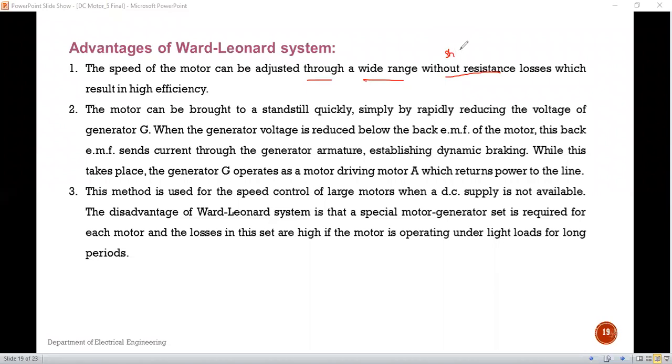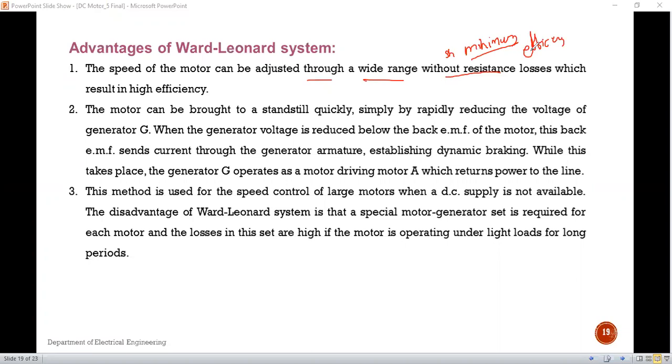So if the shunt field current of the generator it is small, so that there is a minimum losses, and efficiency obtained it is maximum. Efficiency जी काय obtain होते, so this efficiency it is maximum. This efficiency जी असेल ती efficiency काय असेल, maximum असेल. Okay, now this is the first one advantages. Second one advantages is that